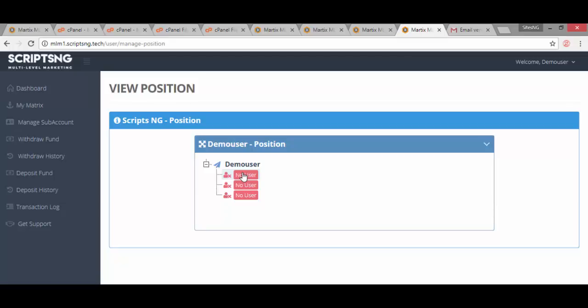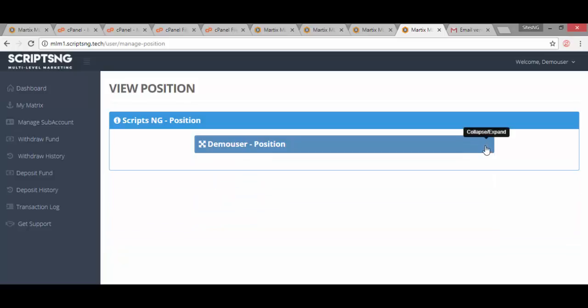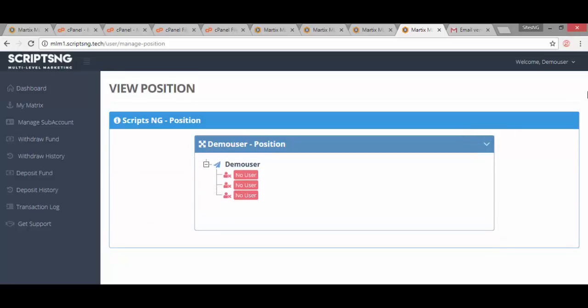So far the system is working, the admin is always smiling to the bank, the admin is always cashing out. So this makes this one of the best MLM scripts in the world. I repeat, it's one of the best MLM scripts in the world because everything works fast and directly. So this is the user, demo user, and the password for this user as well is 123456.